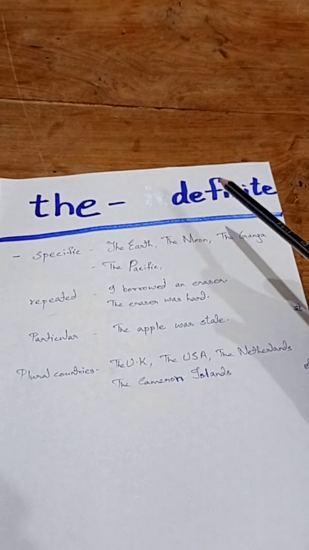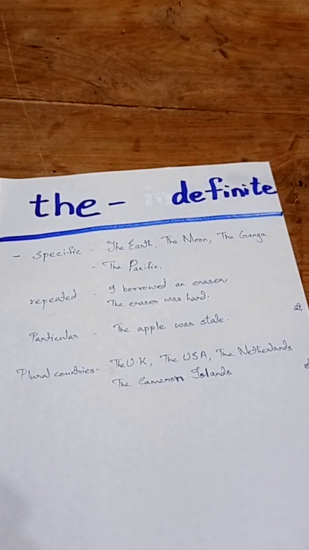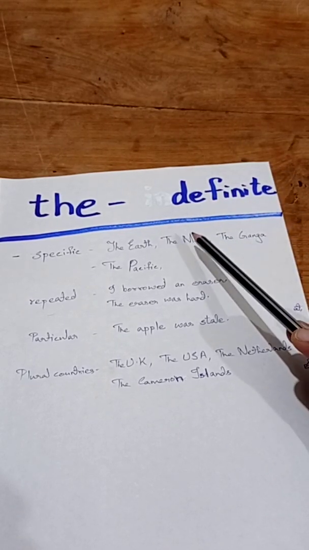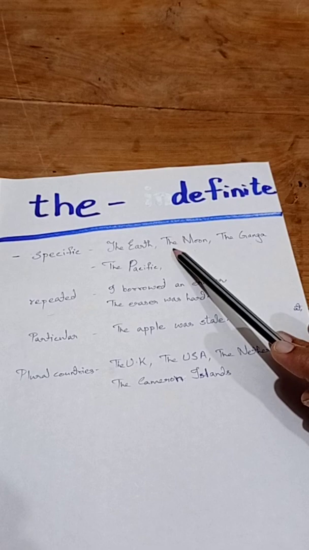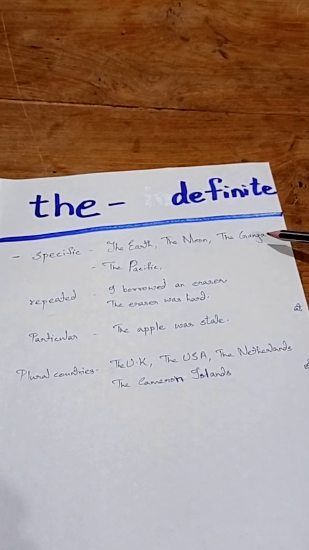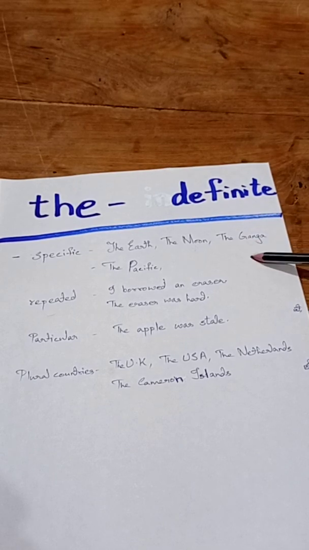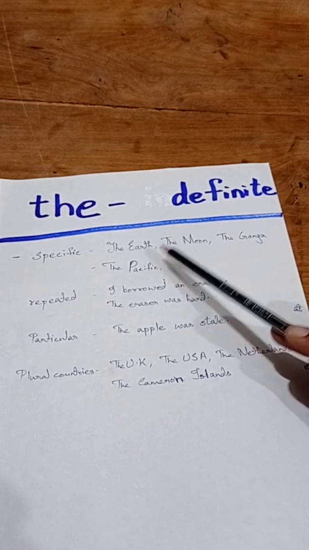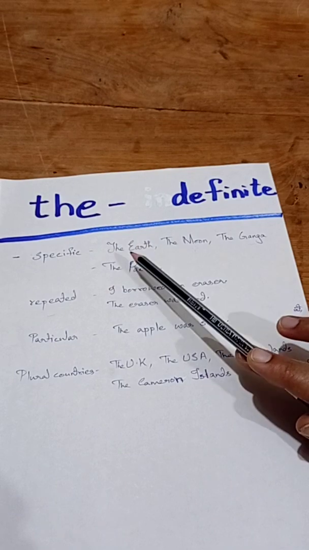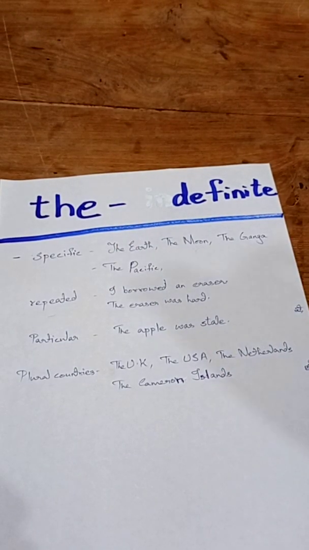Likewise, you know that there are many satellites, but there is no satellite with the same name as the moon. So, therefore, the moon. Ganga. There are many rivers, but there is no other river named Ganga. So, the Ganga. It is unique and specific. Therefore, you use the article the.